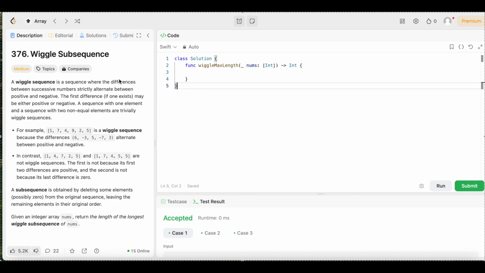All right, y'all, we're back again, another day, another LeetCode problem where we're doing daily LeetCode problems. And today we have question number 376, wiggle subsequence. The difficulty level is medium, but don't worry because we're going to keep the solution as simple and easy to